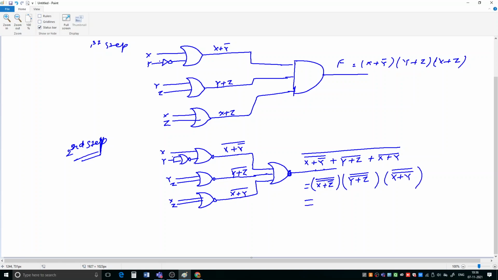So what will happen? One line will neutralize the other line. So this will become x plus y naught. Then one line will neutralize another line, so this will become y plus z, and same way we will write x plus z. So what we have got, we have got this one, we have got this one. So we have verified that what this circuit is doing, the same work will be done